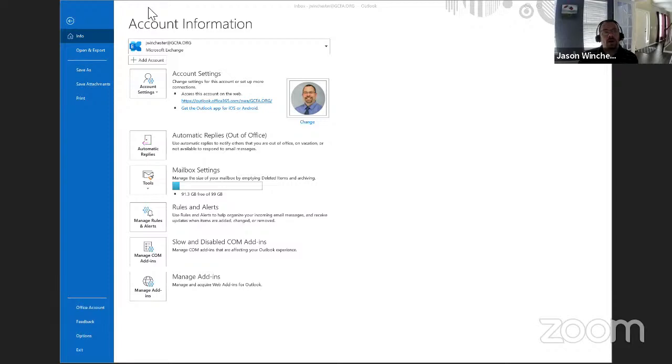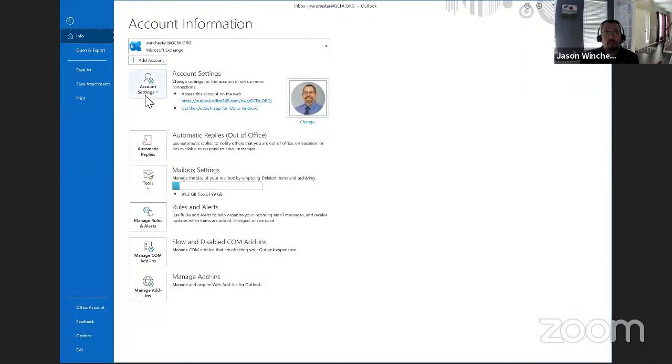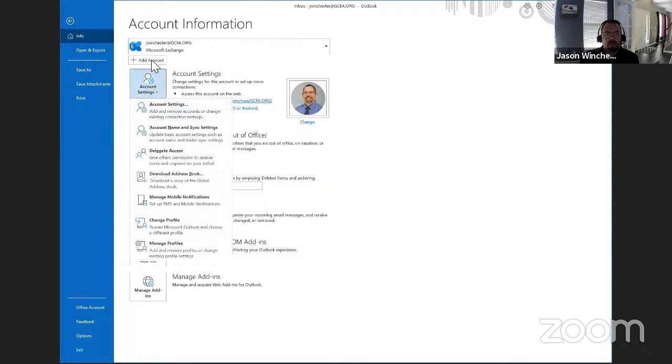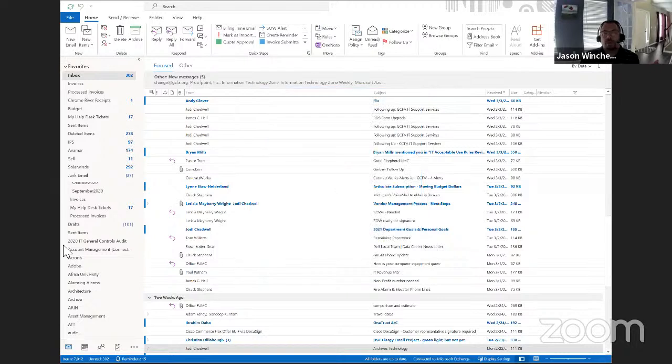All right, so let's take a look at how to add that. If you have your Outlook application, you will most likely be here. You can click on File and then go to your account settings, and you can add an account. Actually, there's a button right here, so you can add an account, and it will go through all of the steps for you to add that account to your email.